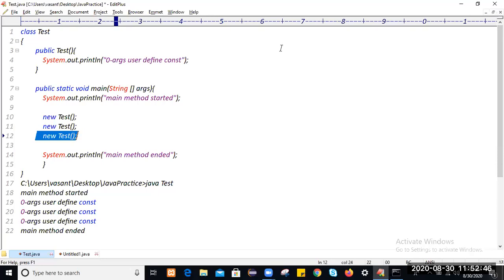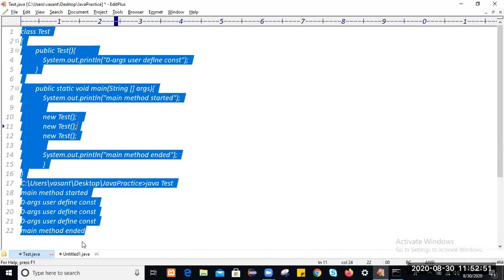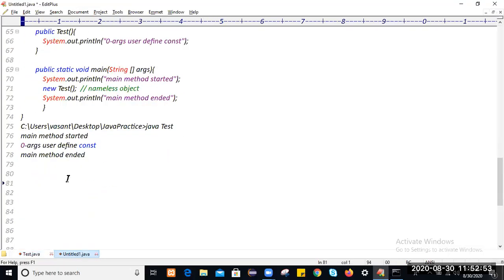Write down: the number of times we create an object, that number of times the corresponding constructor will get executed.